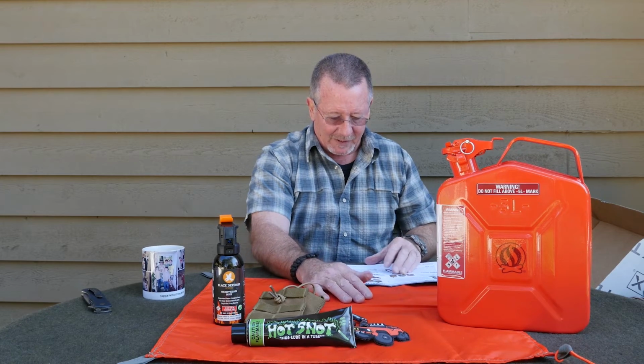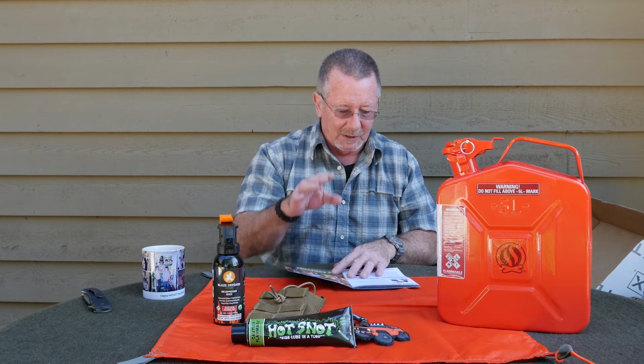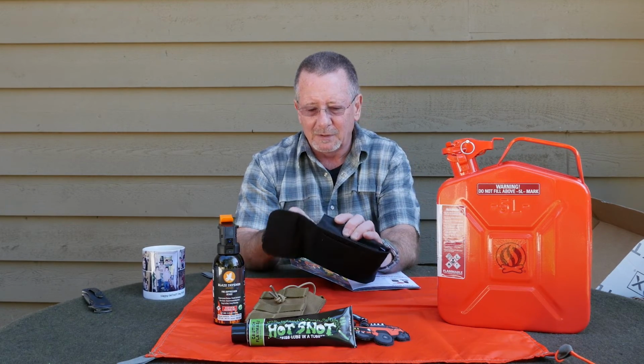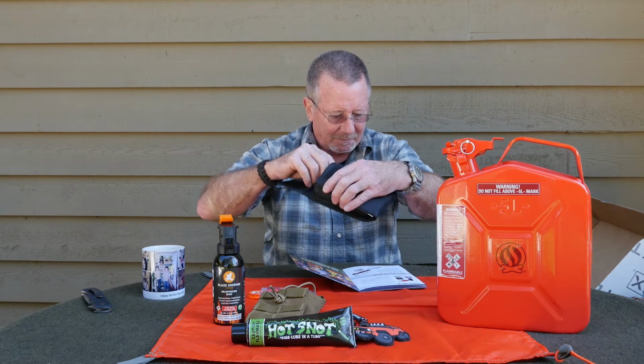So that's everything in the advanced box. But wait, there's more. The next level is a Pro box. In the Pro box, you get everything in advanced and the basic, plus some more. This month, the Pro box is a Raptor Razor Mono knife, and I'm completely not clear what this is. So let's take a look at it. It's got some stuff in this pouch here,